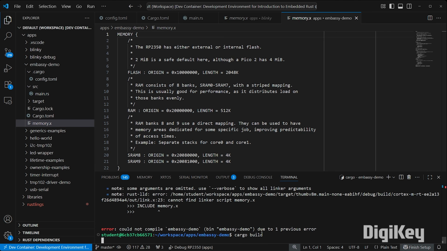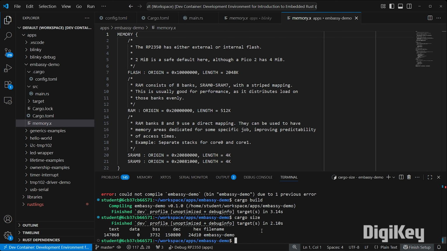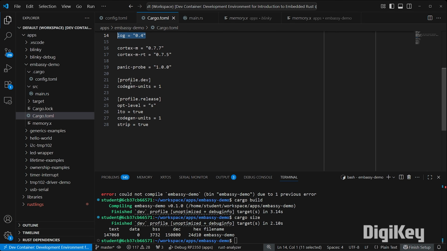Let's try building again. Sure enough, it finished. Let's call cargo size. Remember, this is going to contain a lot of debug information. Sure enough, that is 148 kilobytes. Oh boy. Yeah, if you're coming from the microcontroller world, that is a lot to take up in flash memory. Luckily, our Pico 2 has a few megabytes of flash, so this will work no problem, and it's fine for debugging. You're welcome to go into Cargo.toml and update your development profile or your debug profile with something else to